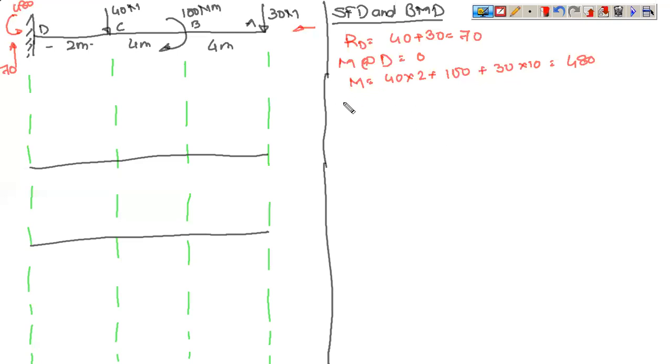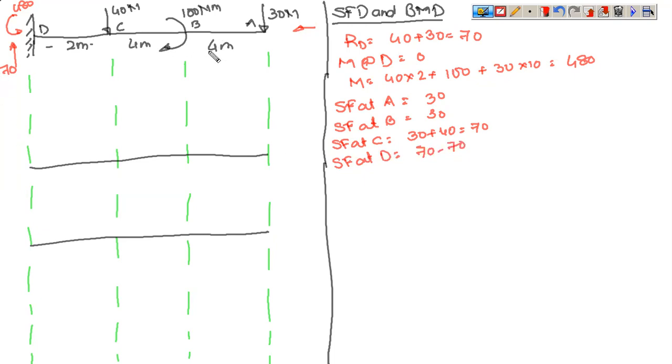So coming to the shear force diagram, let us draw the shear force diagram for it. So SF at A is downward acting positive now. So it is plus 30. SF at B, this remains 30 because this is a moment and these are force equations. Next is SF at C. You have 30 plus 40, this is 70. And SF at D, you have 70 minus 70. Upward acting forces are negative when you are moving from right to left.